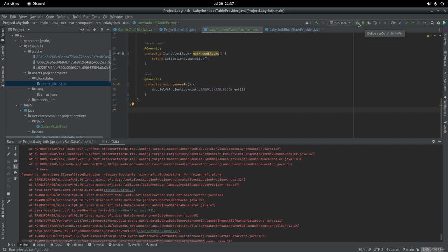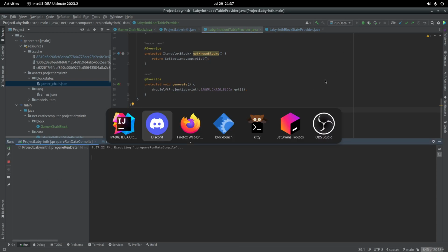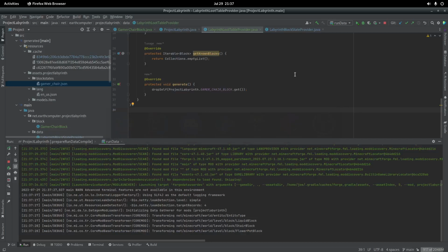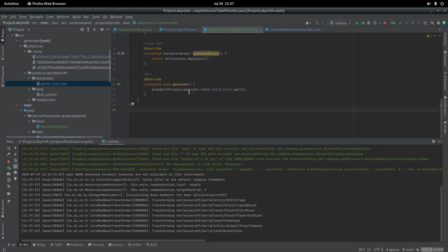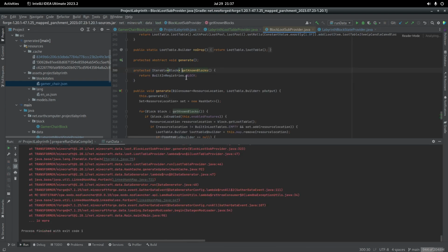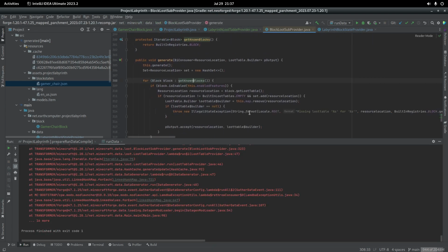Right, let's see if that works then. Okay, and the way I found that was I looked in the stack trace. The stack trace brought me here, and then I read the code, understood what it's doing. It's iterating over the known blocks and basically checking if